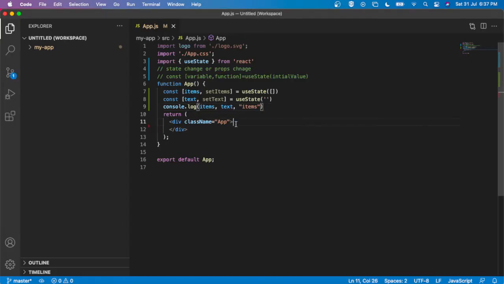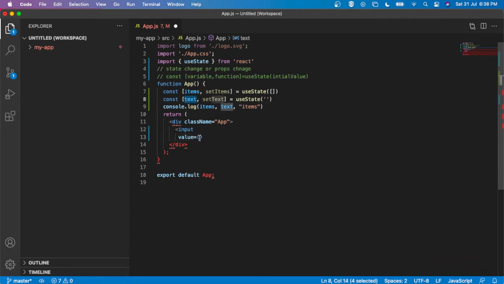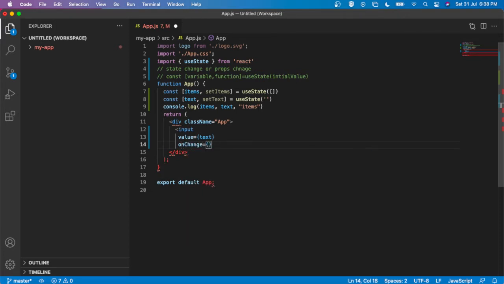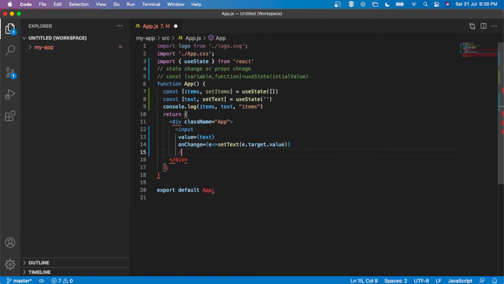Now here in this UI, I am going to add an input, which we use as a text input. Also, I am supplying the value, so the value will be text here. Also onChange, whenever we type something, we should set the value, right? On change, I am adding that value: setText, and the value will come in e.target.value. Clear? And I am closing this input here.